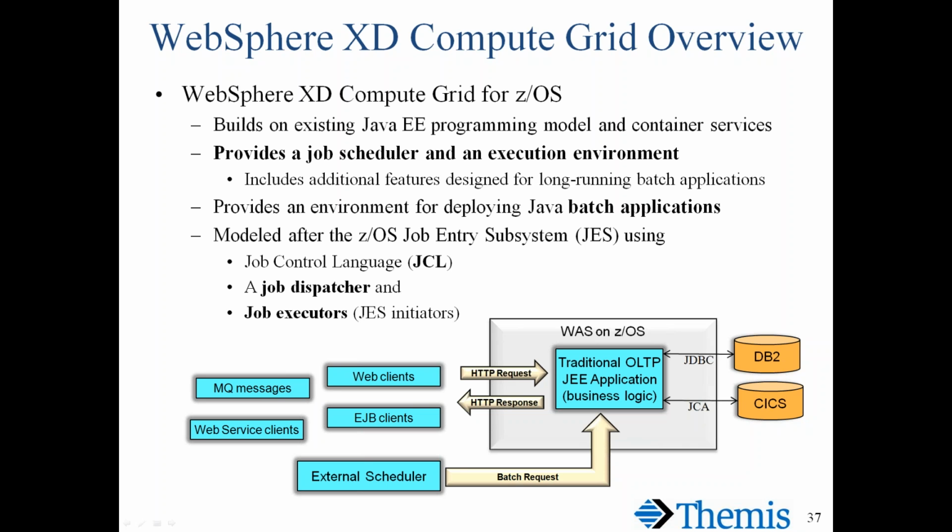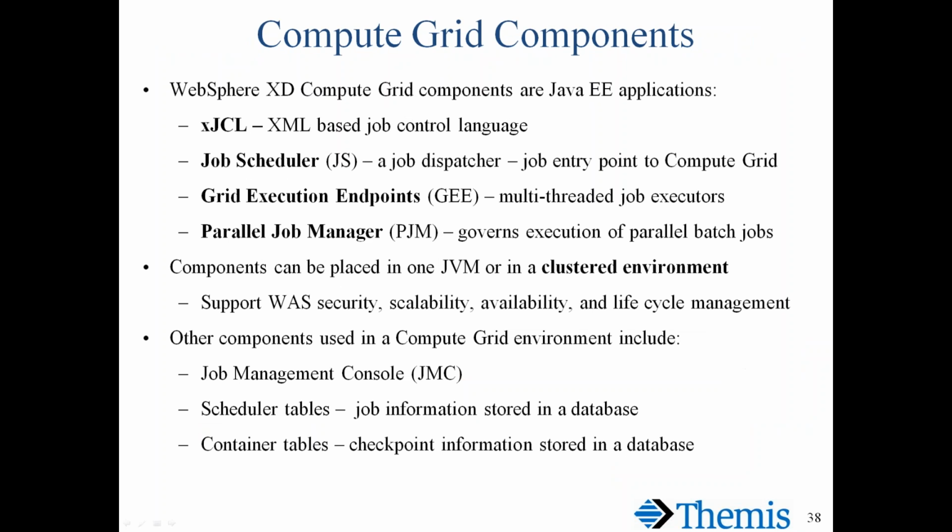On the bottom right, you see how JDBC and JCA are listed as ways of interacting with other traditional environments like DB2 data and CICS transactions. Some of the key components in the WebSphere Compute Grid are XJCL, an XML-based job control language, which is very intuitive. A job scheduler that keeps track of the jobs, grid execution endpoints that are actual job executors, and the PJM for parallel jobs. If you look, we'll see on the next page a little more detail on how